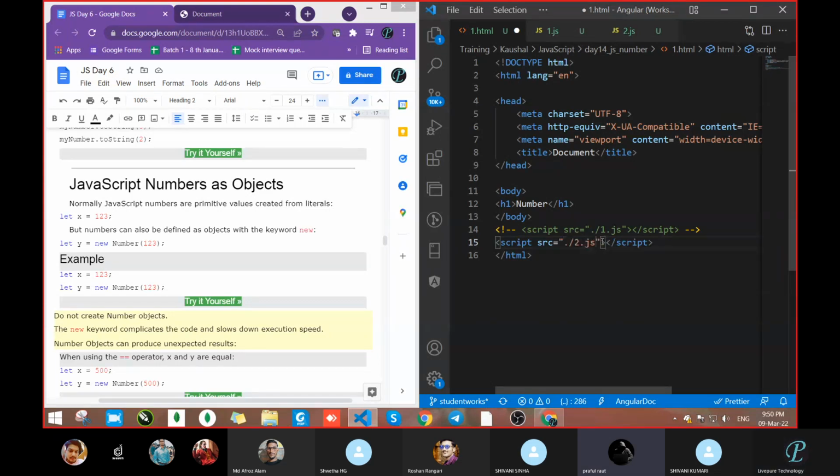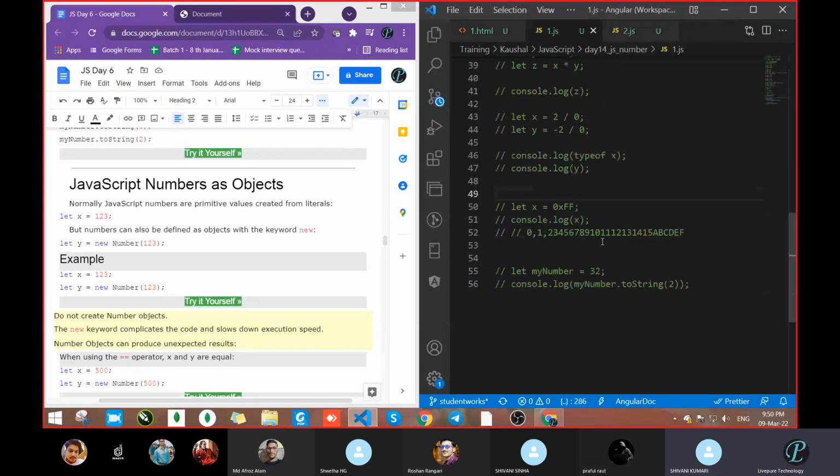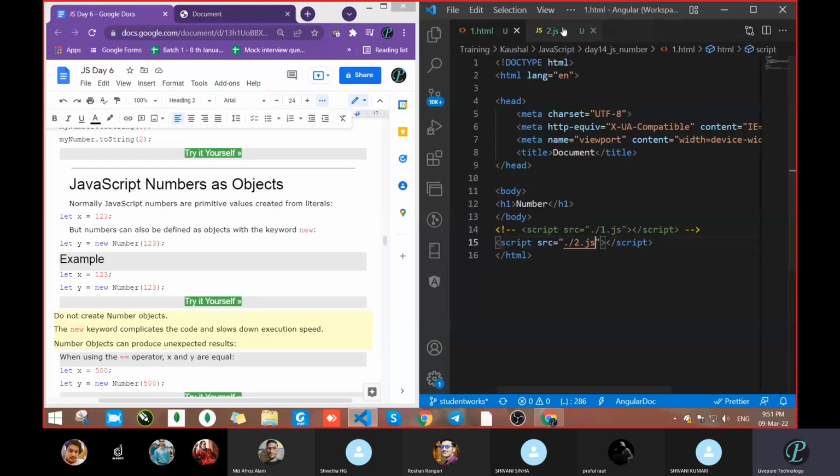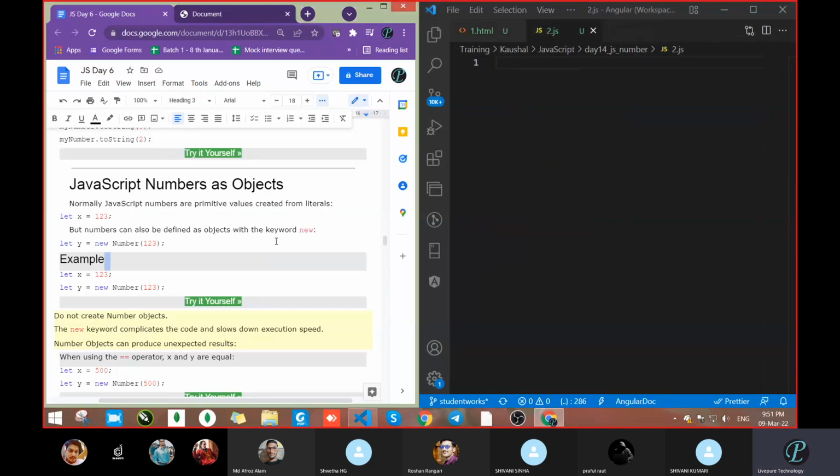No, that is not. With the help of instanceof, we can check whether it is an instance or not. The keyword is new. With the help of the new keyword, we can create the instance. Same thing we had seen in JavaScript also. How are you creating the object, meaning any number?